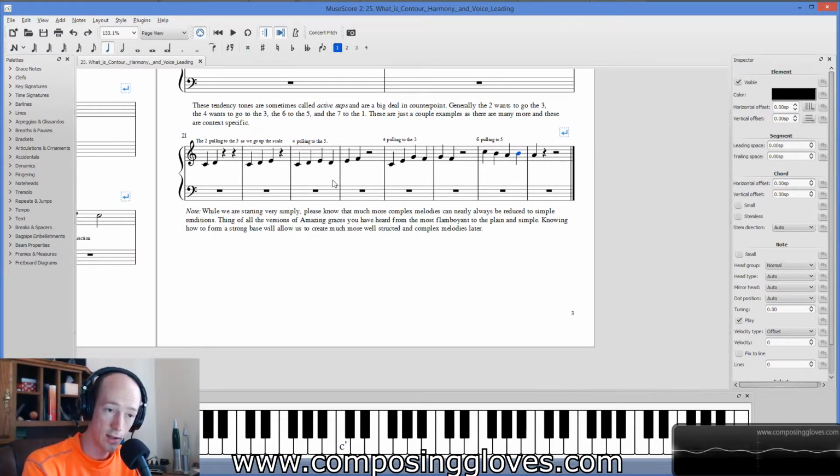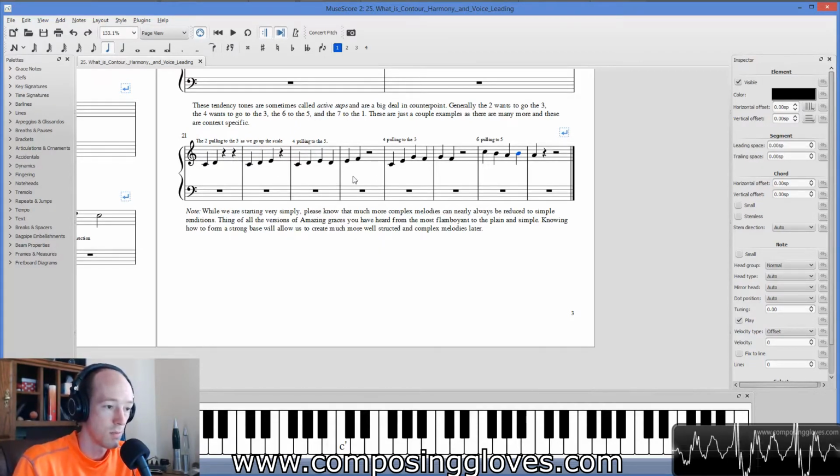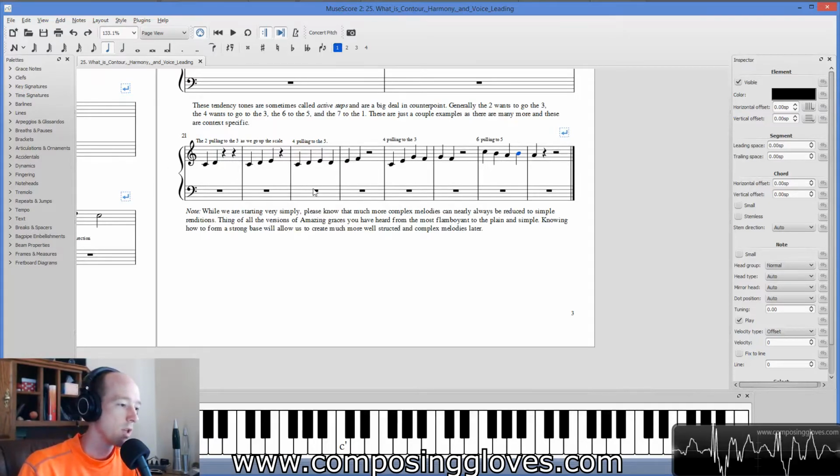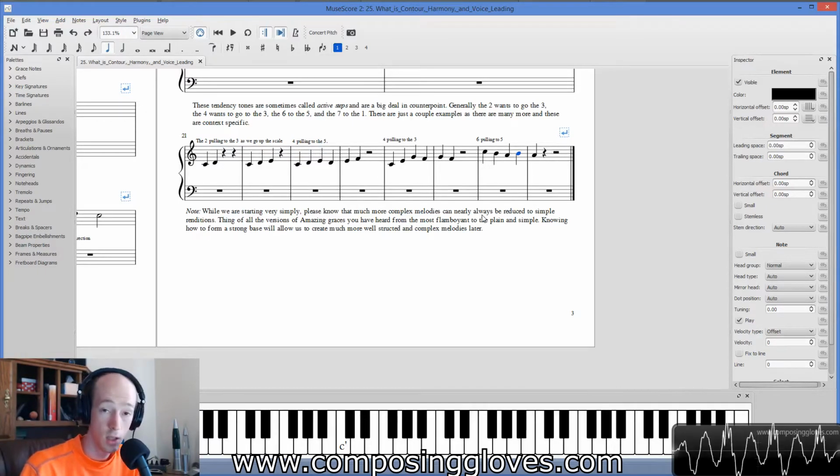We're going to begin to look at these specifically, examine these. Being able to pull these off the top of your head will be very helpful for you as we analyze and write music, especially as you write music. Writing melodies is based around these relationships. Okay. So note, while we are starting very simply, please know that much more complex melodies can nearly always be